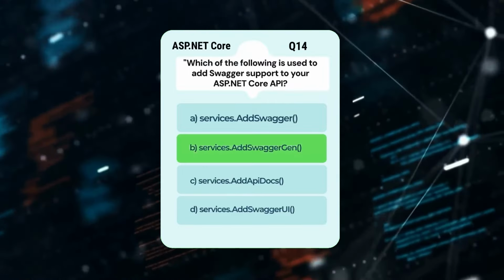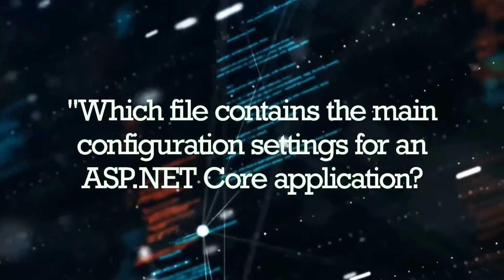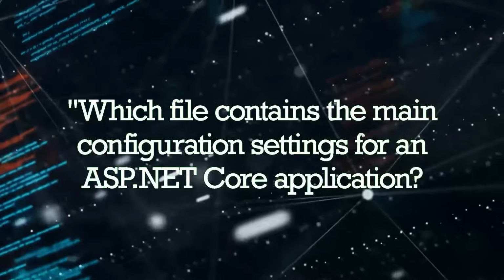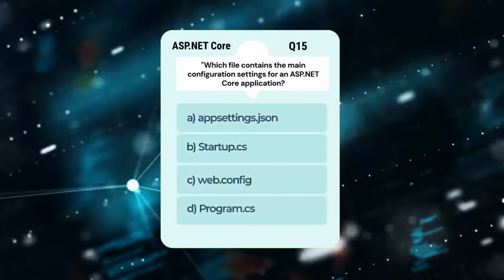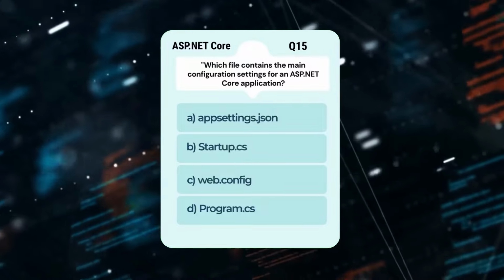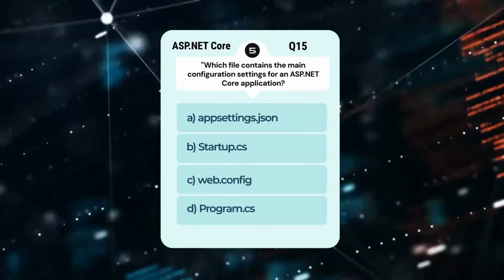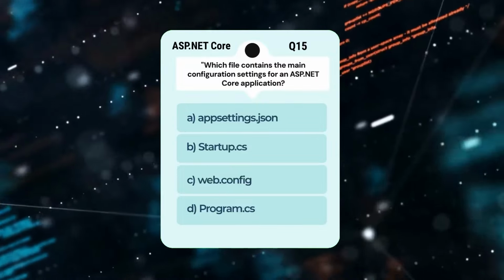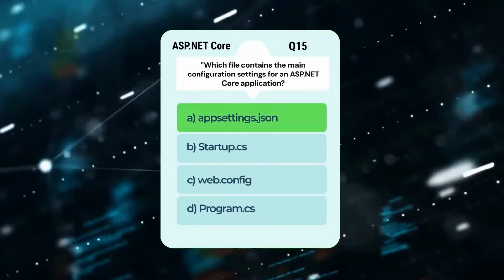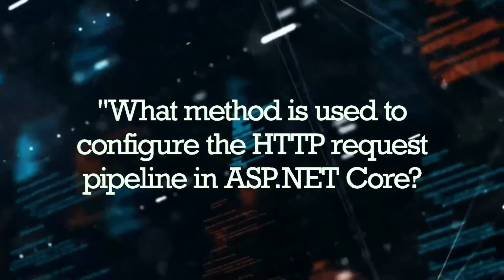Answer: B. Which file contains the main configuration settings for an ASP.NET Core application? Options: A. appsettings.json B. Startup.cs C. Web.config D. Program.cs. Answer: A. What method is used to configure the